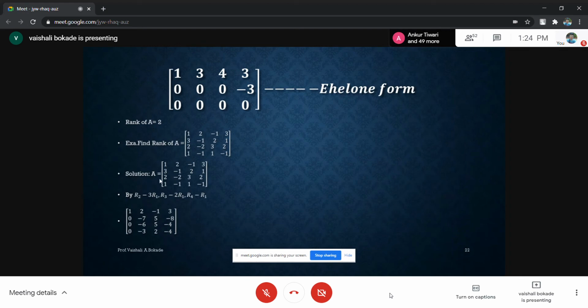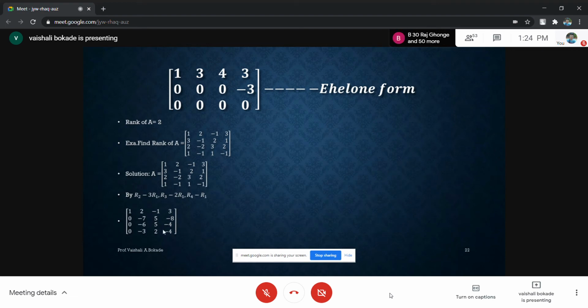Yes. So now I have to go for R3. I have to go for row transformation R3 minus 2R1. So how will I go for 2 minus 2 into 1? 2 minus 2, the entry is 0. Minus 2 minus 2 into 2, minus 2 minus 4, so this entry is minus 6. Those who are not getting this have to take a screenshot and go for separate row transformation. Definitely you will get this type of matrix here.